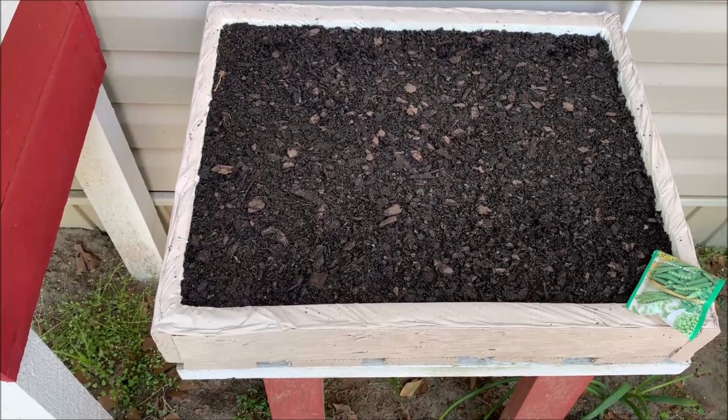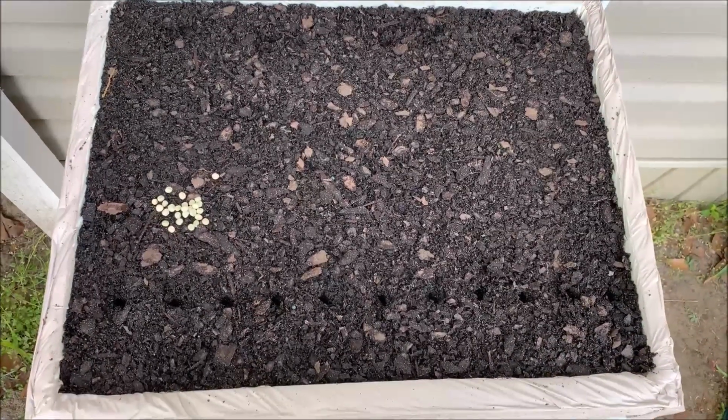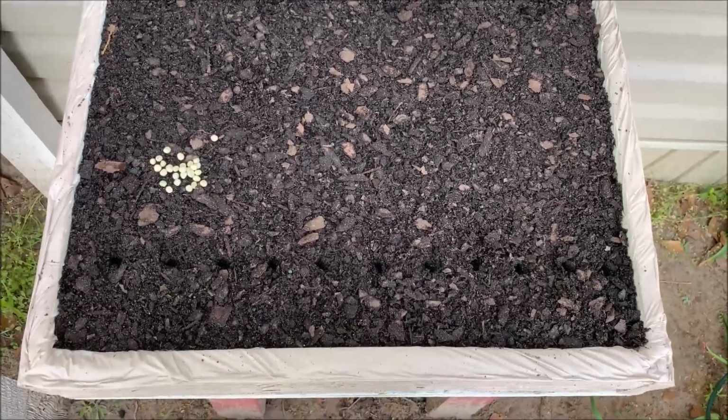and we're going to plant our peas here now. See you in a sec. Okay, so we're back. We have our peas, and we're about to drop those in the hole. As you can see, we planted these guys about 2 inches apart in one row all the way across, because